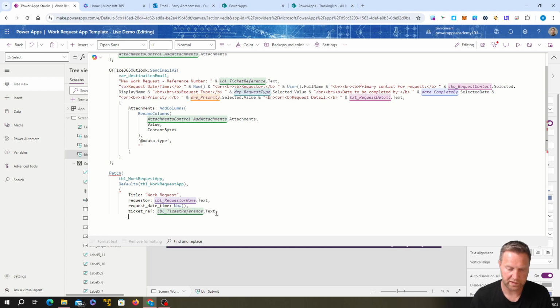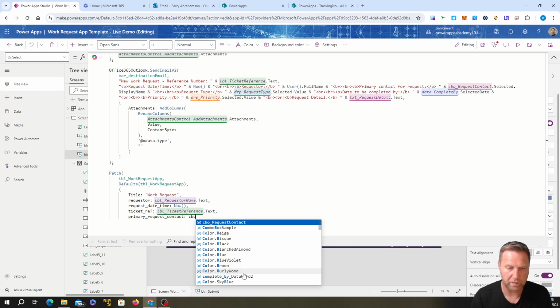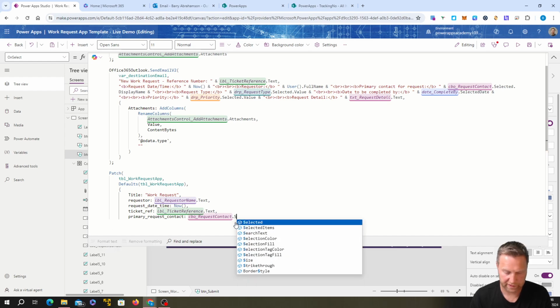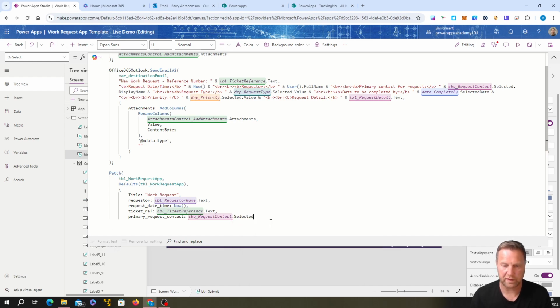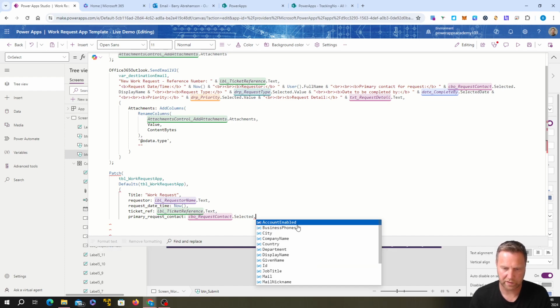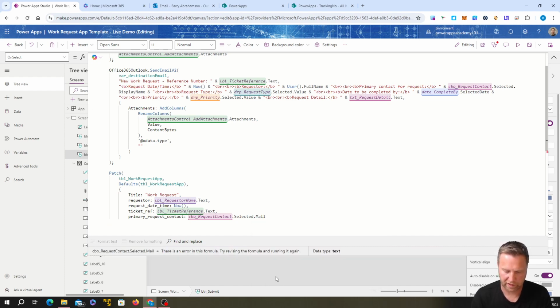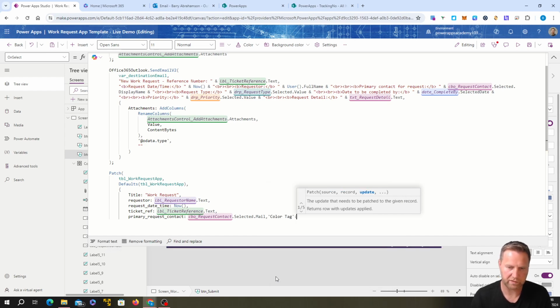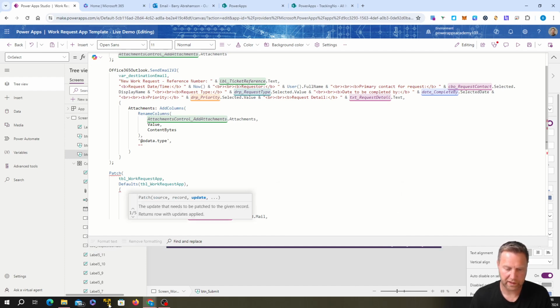next it is primary request contact, and I'm going to map that to the combo box selection dot selected, and this time I want to show the mail instead of the name. I want to use the email address, so I can just select the email address. So in the SharePoint list, it's going to store the email address. That's right, and then